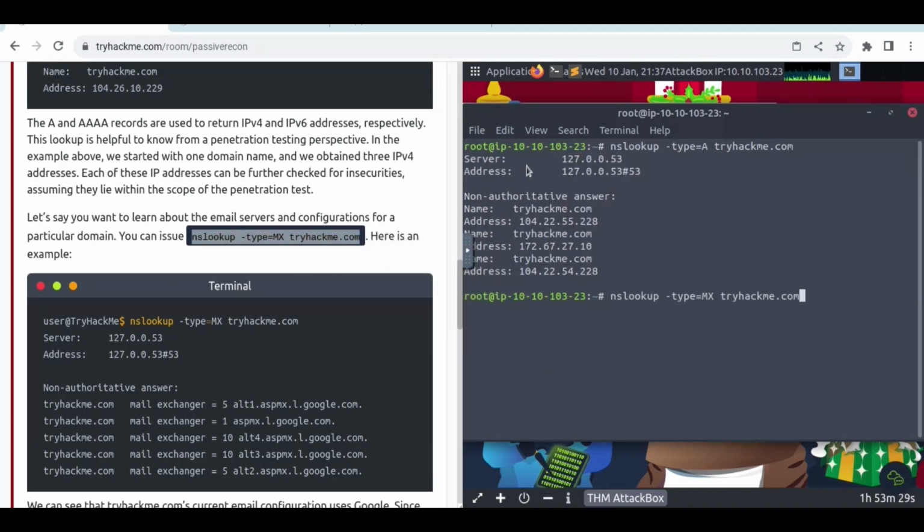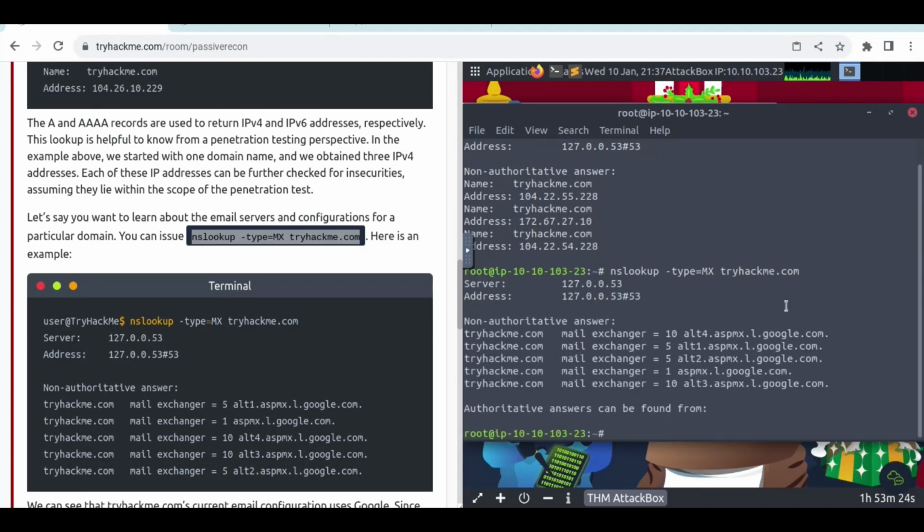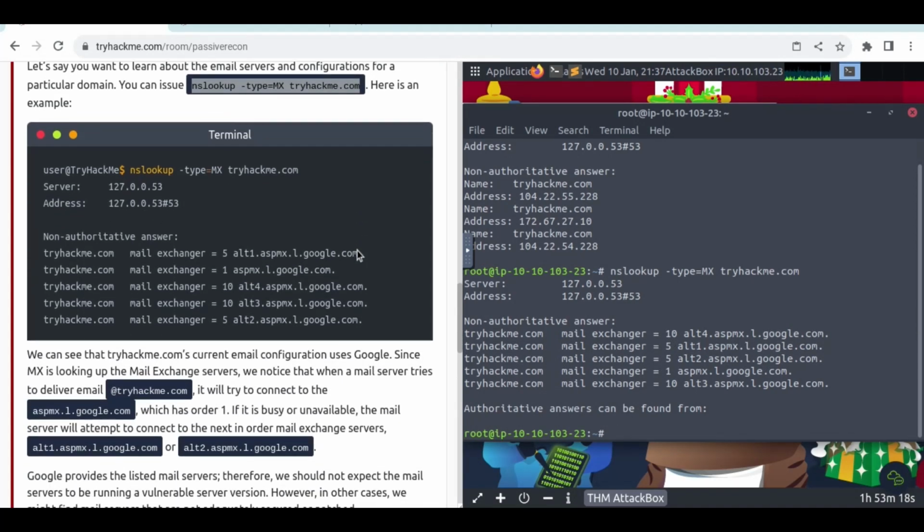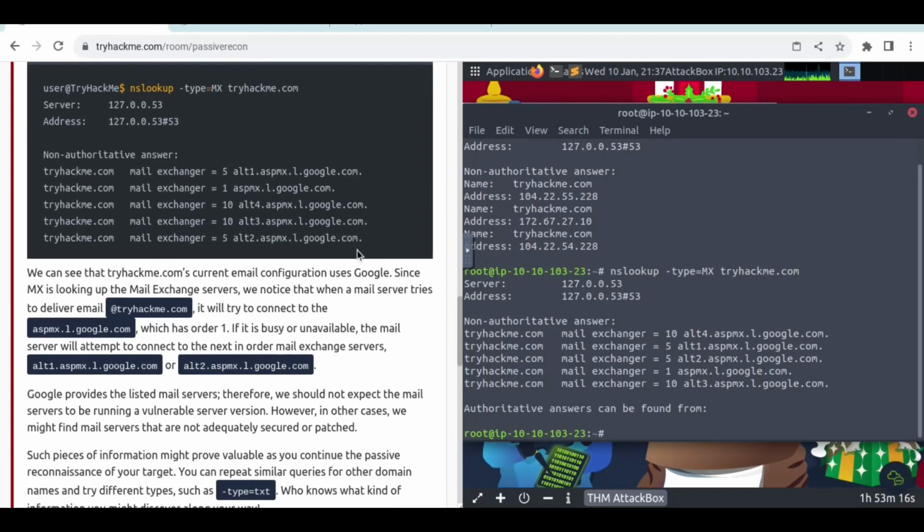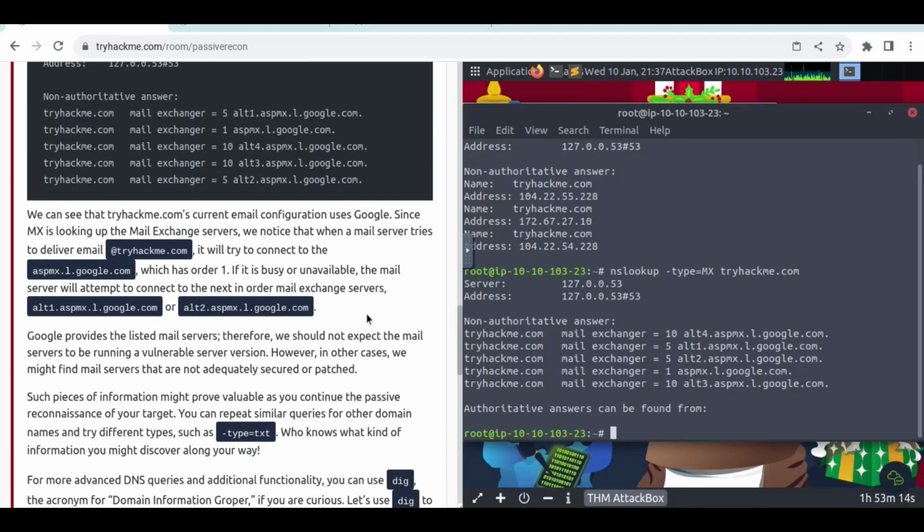So we'll check which email TryHackMe is using. And as you can see, it's Google Mail. It's what's coming up. We can see that tryhackme.com's current email configuration uses Google. Since MX is looking for the mail exchange server, we notice that when a mail server tries to deliver email at tryhackme.com, it will try to connect to